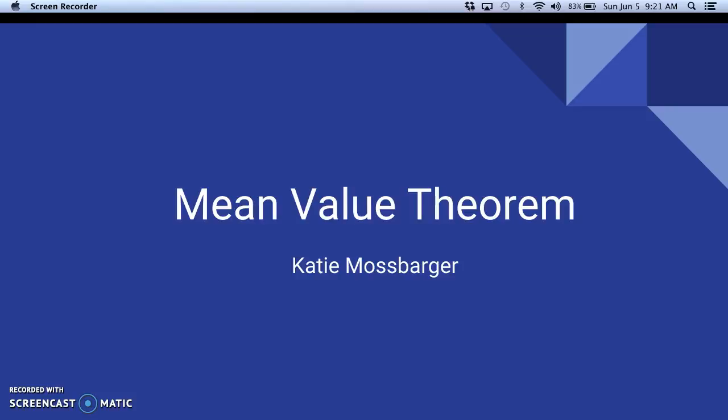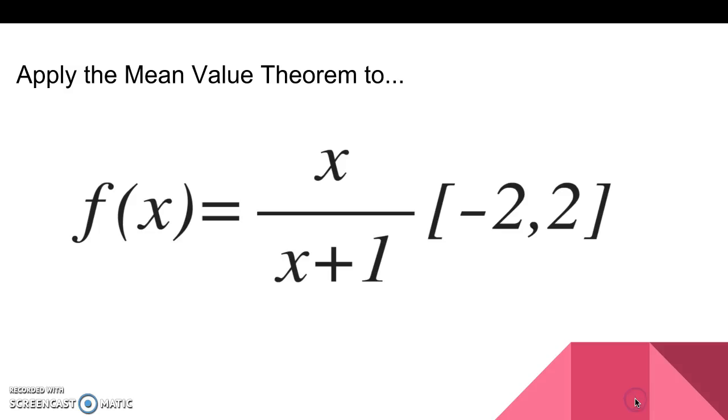Here is an example of the mean value theorem. Since we are doing the mean value theorem, we need to determine the slope on the interval and then check the derivative and see if the derivative ever equals the slope. We must apply the mean value theorem to the function f of x equals x over x plus 1 on